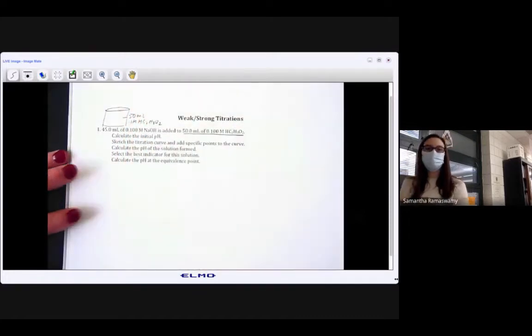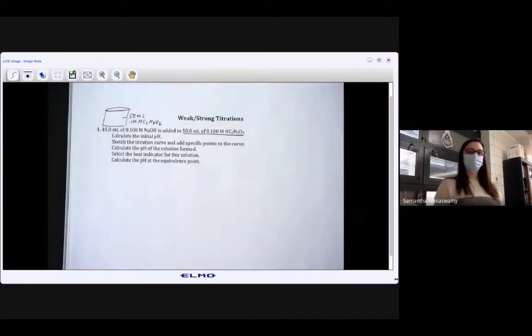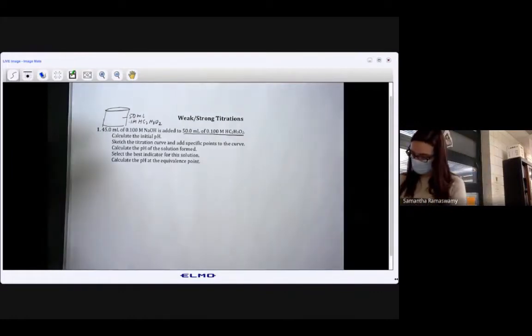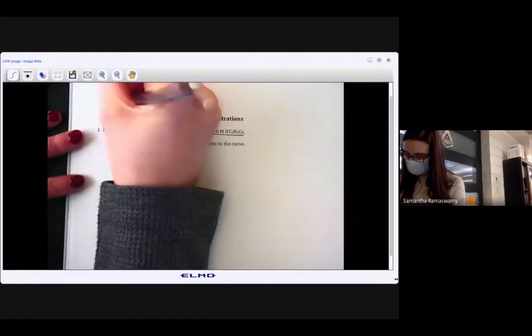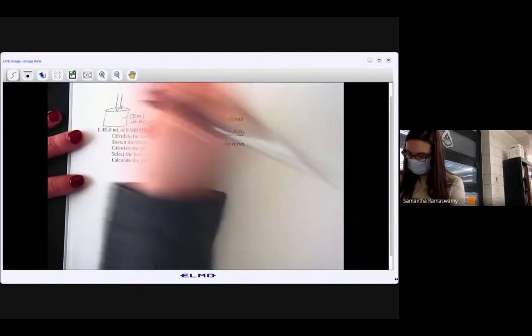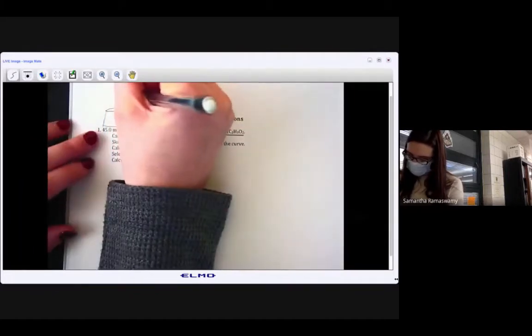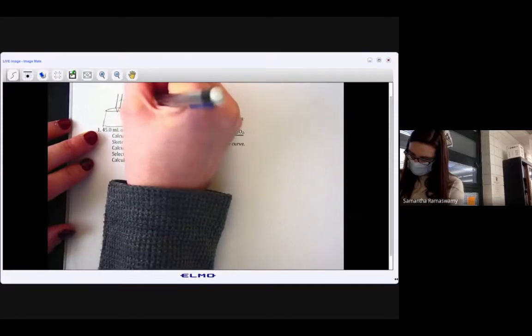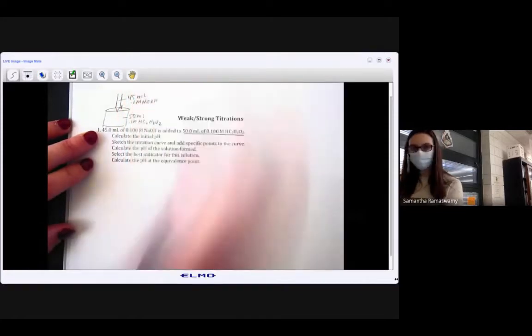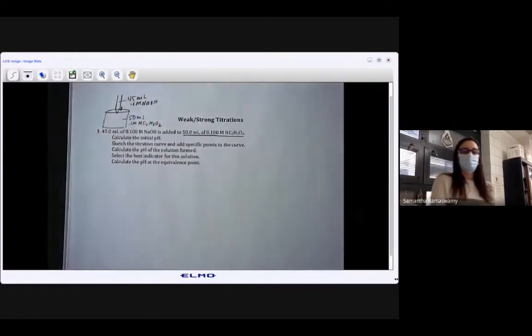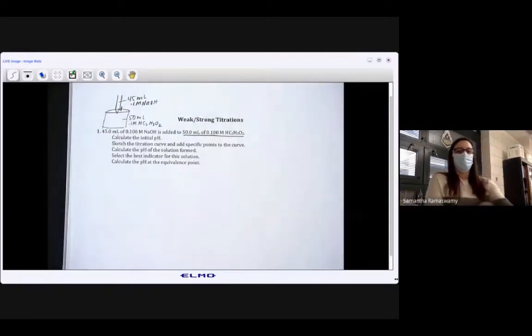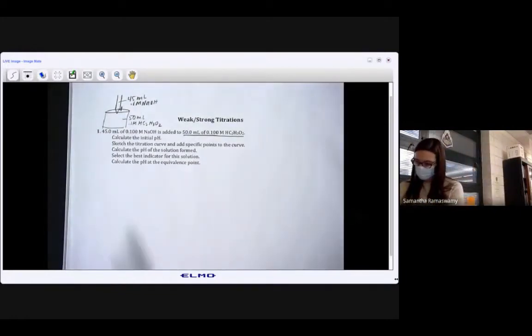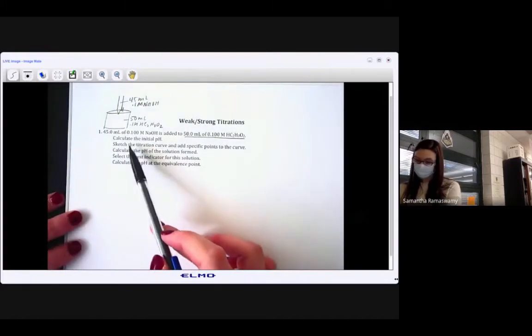So I had 50 milliliters of 0.1 molar HC2H3O2. And then from the burette, we added 45 milliliters of 0.1 molar NaOH. And so with this, the first thing, you can see that there are 5 different things that we have to